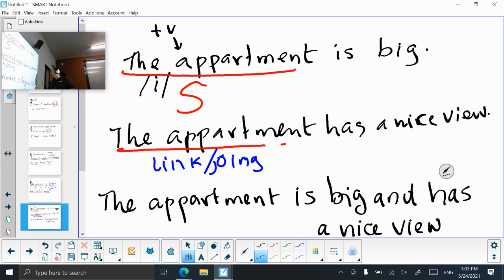But what is the difference here? That here we're not using the second subject. So we don't have to use the comma because we're using